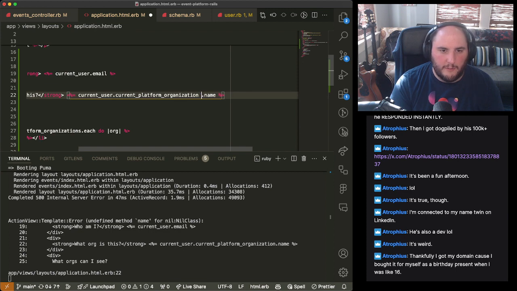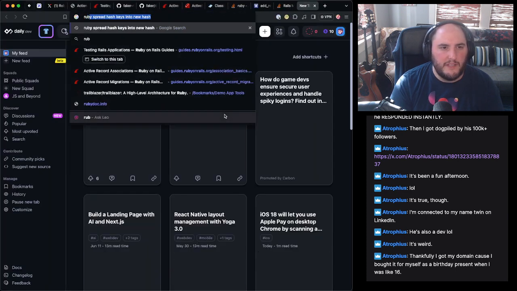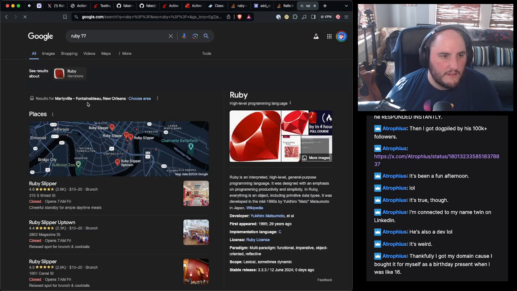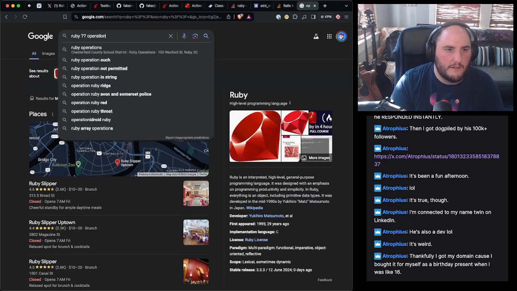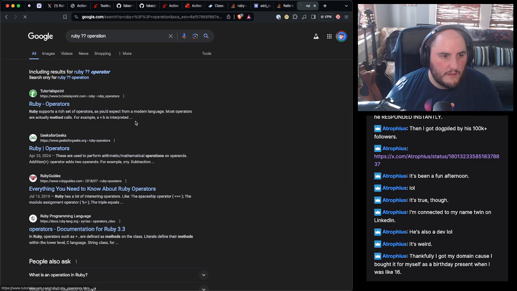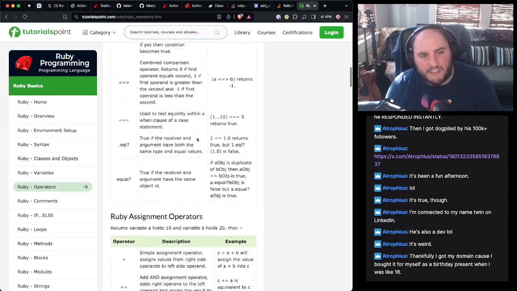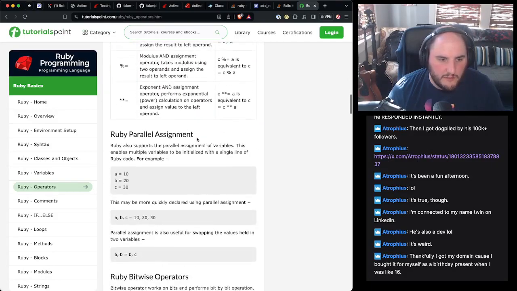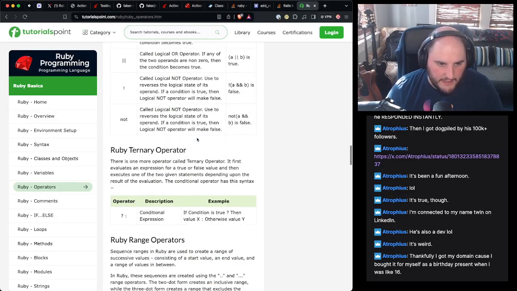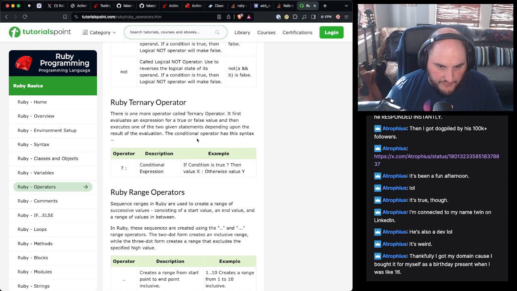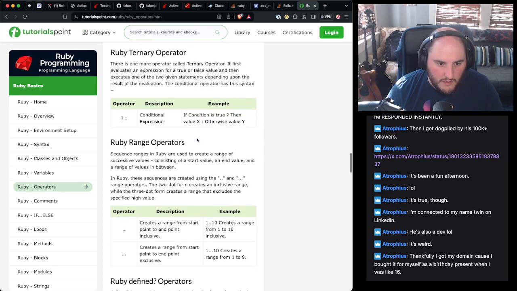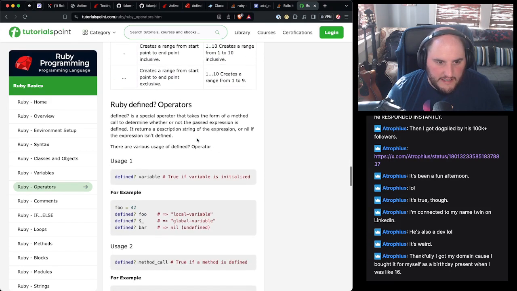I'm trying to remember. Does Ruby have a double? I don't remember if this is an operator or not, and I'm trying to remember. I think it's just a JavaScript one, and I haven't programmed Ruby in so long that's like, yep, you can't do that. What are you thinking? It's got ternaries.